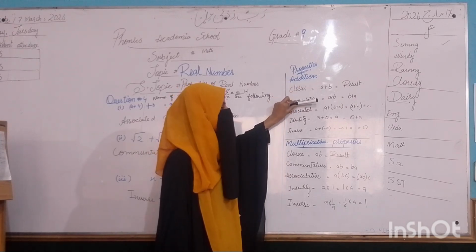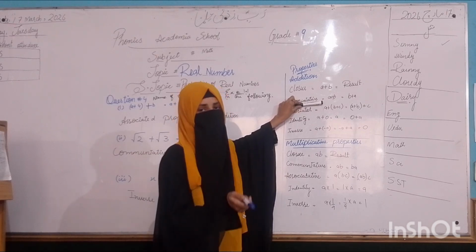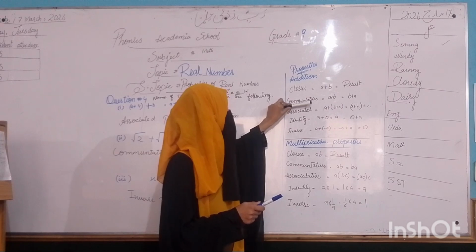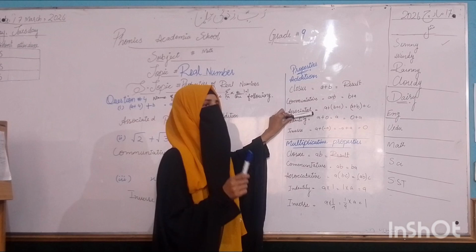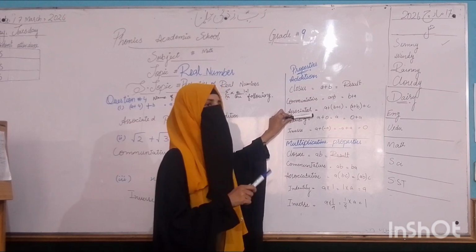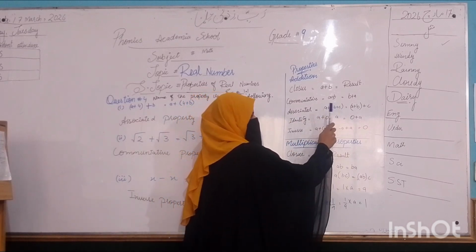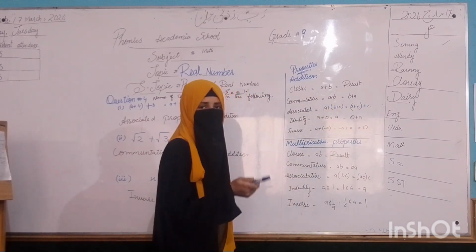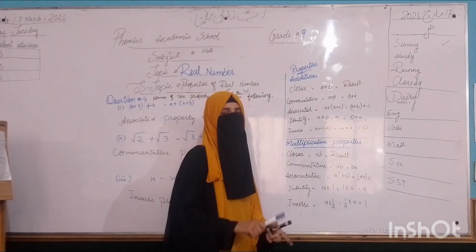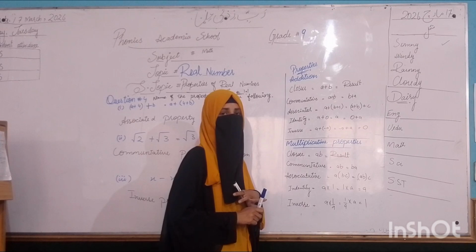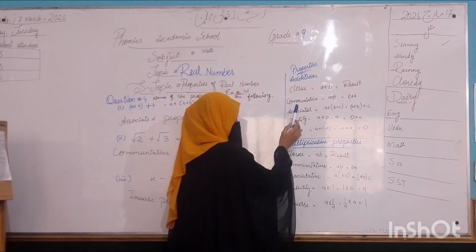The commutative property is one in which two values a and b are added, and the left hand side and right hand side are equal. The associative property is one in which you have three values that are added, and the left and right hand sides are equal to each other. There are three terms: 1, 2, 3 on the left hand side, and on the right hand side too. The values of a, b, c on the left hand side and right hand side are equal. This is called the associative property of addition.